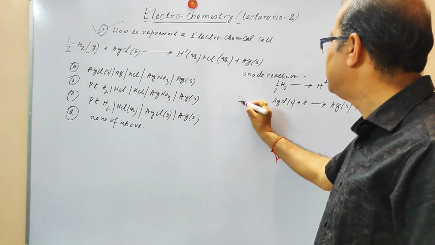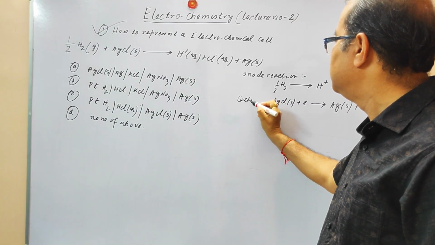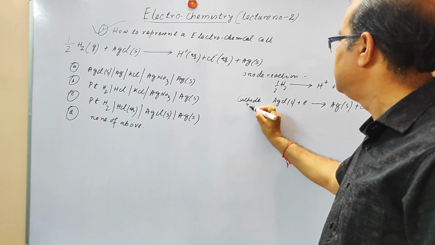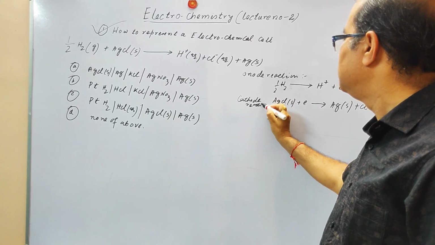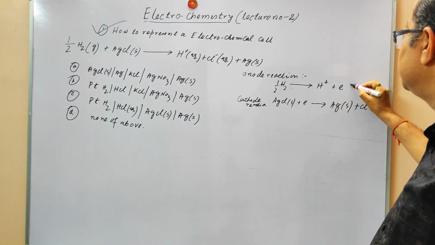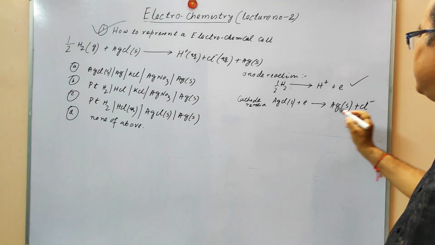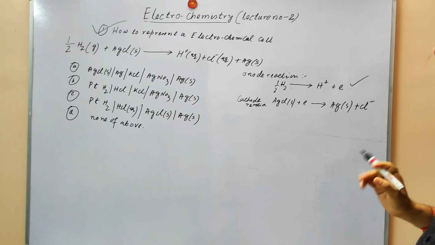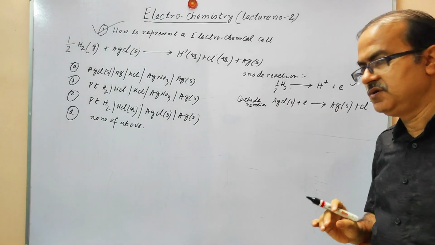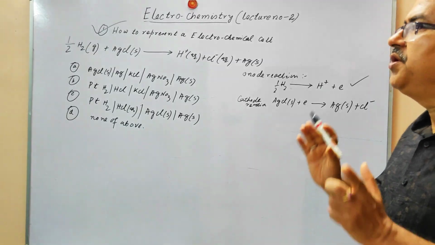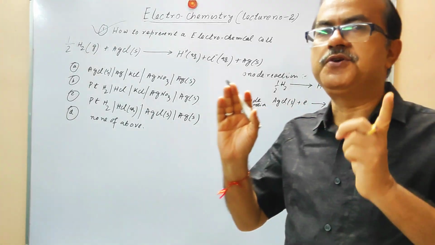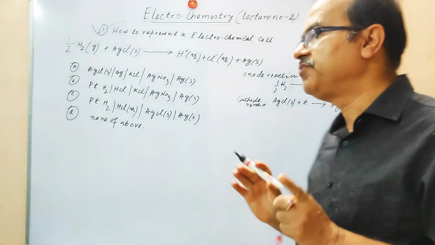This is the cathode reaction. So this is the oxidation reaction of the anode, and this is the reduction reaction occurred in the cathode. So now we know when we are going to represent the cell, first we have to write